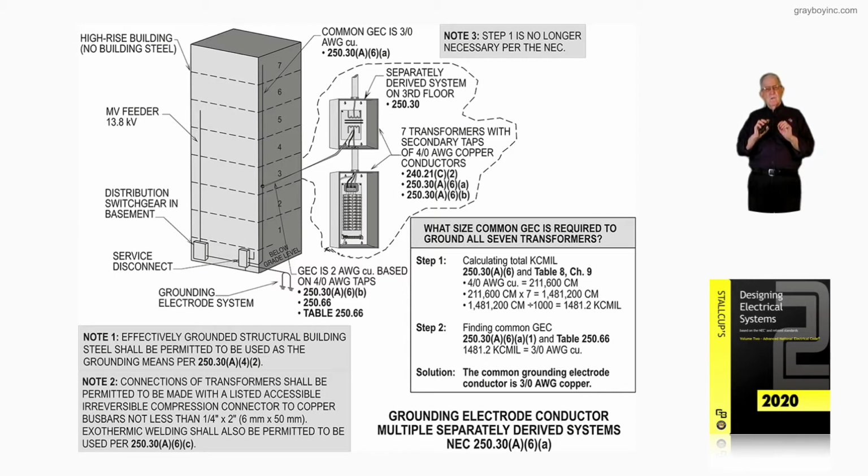Now basically, you know from your experience, that means the structural steel has to be accessible on each one of those floors in the illustration for that to come about. Now note 2: connections to transformers should be permitted to be made with a listed, accessible and reversible compression type connector to copper bus bars not less than 1/4 inch by 2 inch, which we call exothermic welding, which a lot of us use the old Cadweld. It shall also be permitted to be used in accordance with